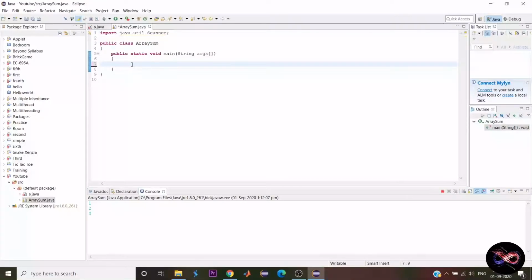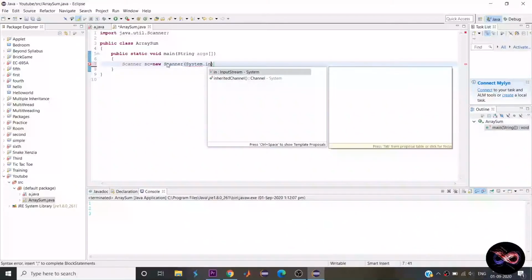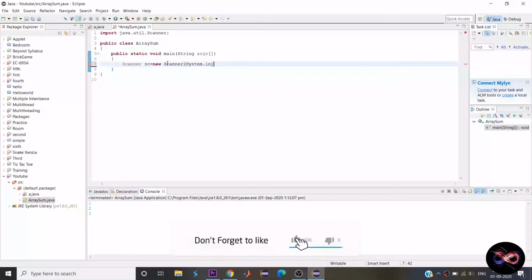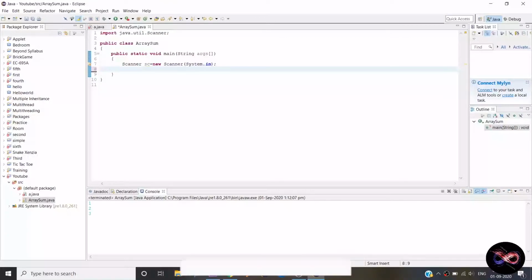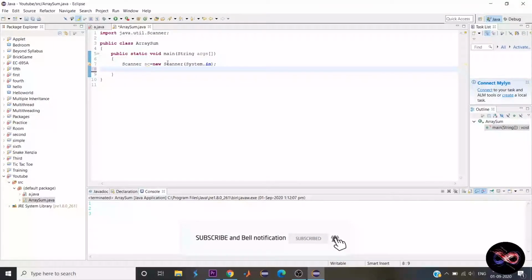So now we need to define the scanner. So Scanner, then we will give a variable name sc is equal to new Scanner. So now we have defined our scanner.